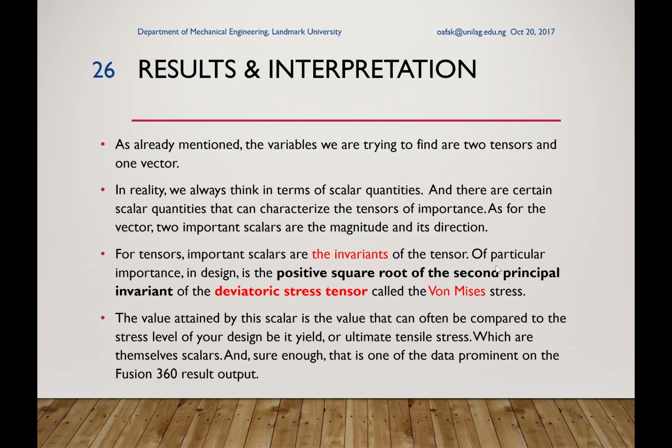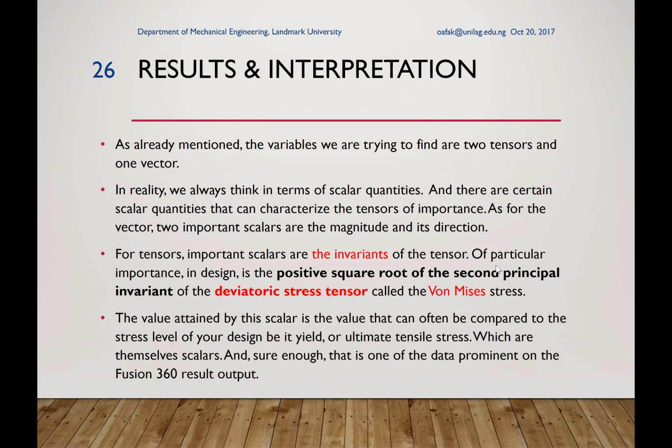Once you know those two, you know everything you need to know about the vector. Similarly, the tensor quantities are such that if the proper scalars are known, everything important about those tensors is known. For a typical tensor, these are 3 scalars, and they are called the invariants of the tensor. There are several ways of formulating the invariants of the tensor.